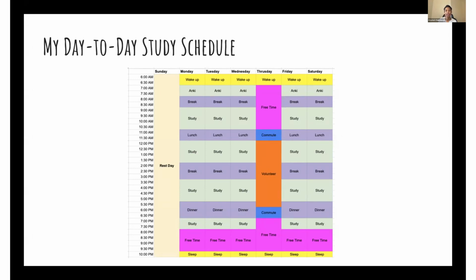But yeah, I use this to organize the cadence of my day. So for example, I would wake up first thing in the morning, have an hour to get ready, have breakfast, whatever it may be. And then I would do the Ankis. The Ankis is what I was referring to with flashcards.